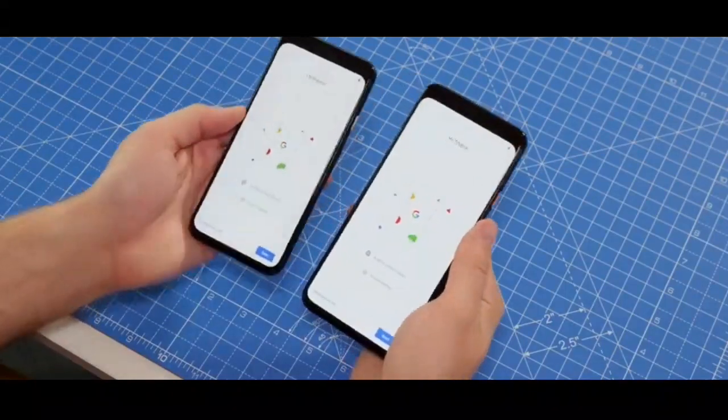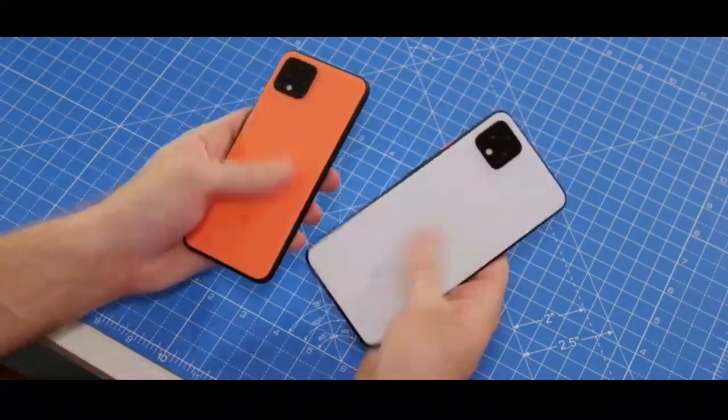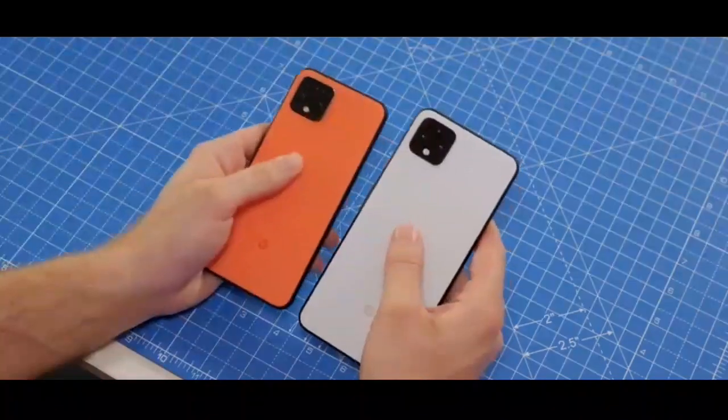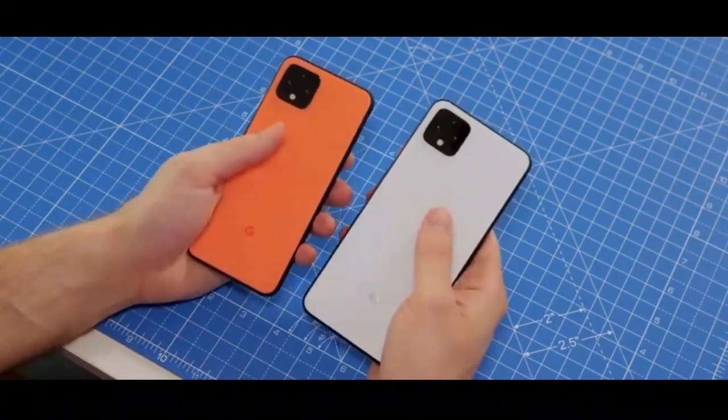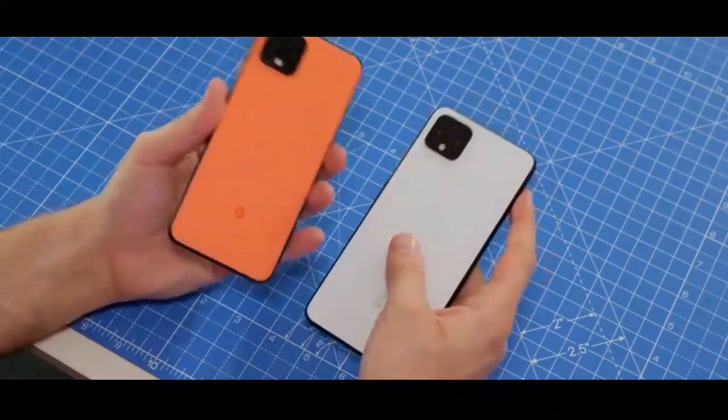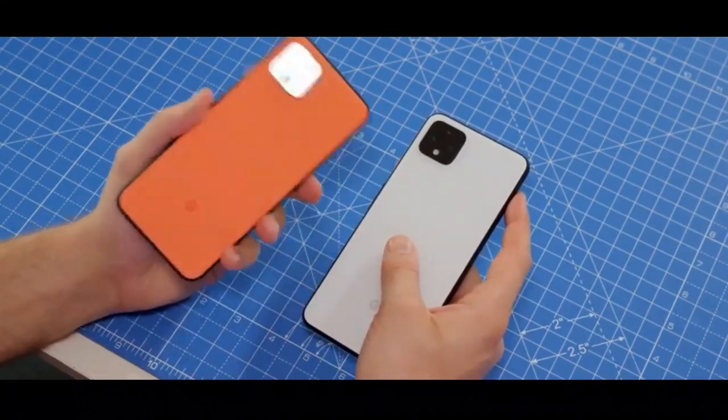But what do you think in terms of design? We've got this matte finish on the back. So there are actually three colors, the white, the orange, and also a black, but the black version is glossy. So I think actually these two are probably the nicer colors. The ASO Orange is actually a limited edition version, so they won't be selling quite as many, and it is